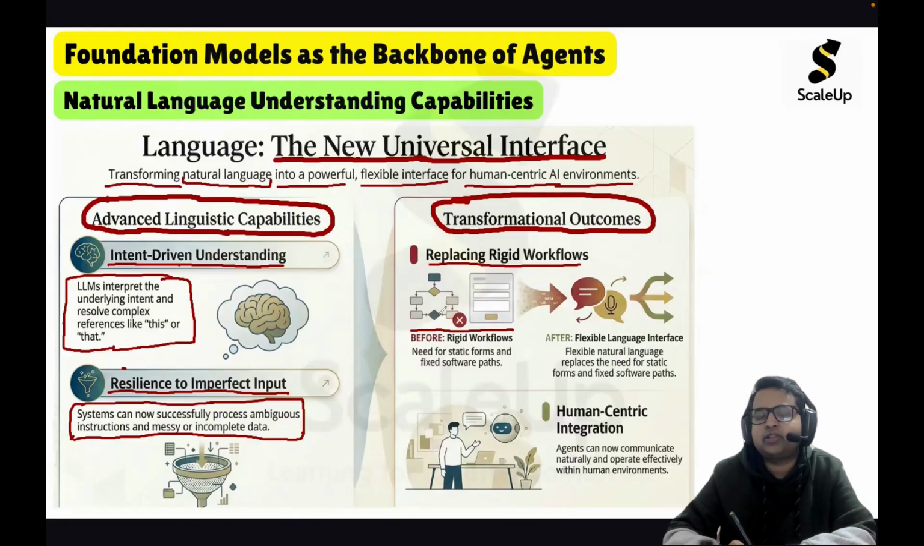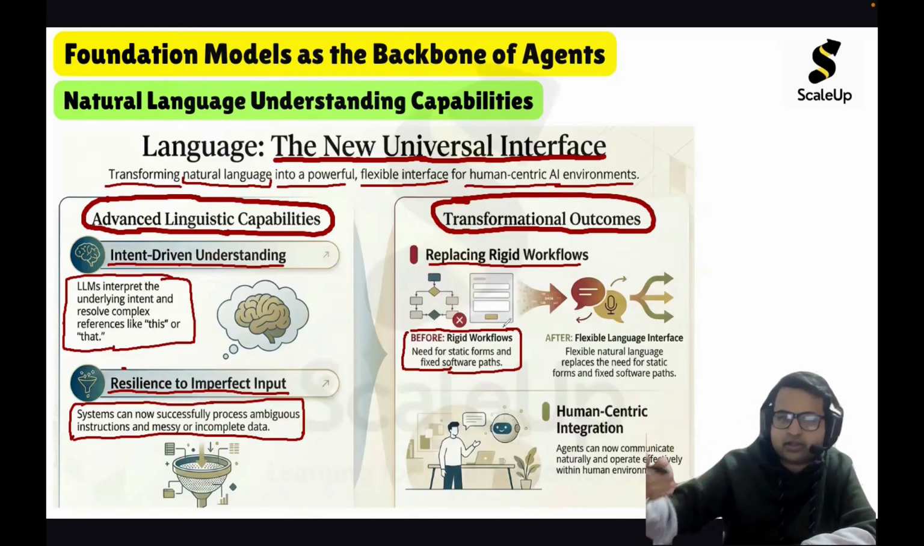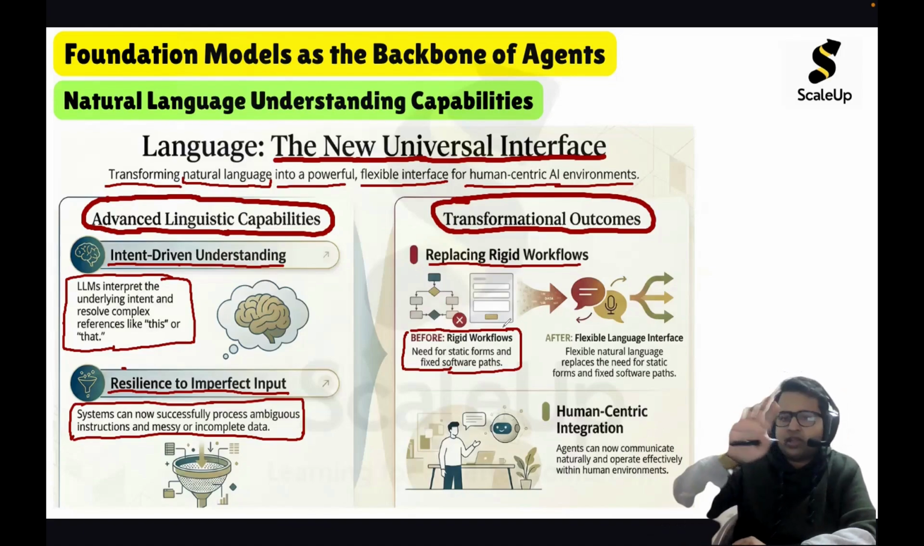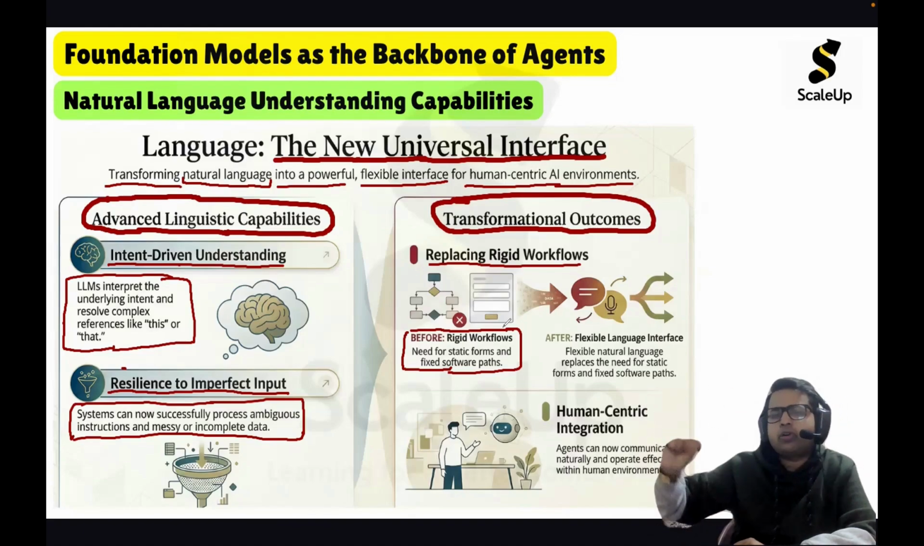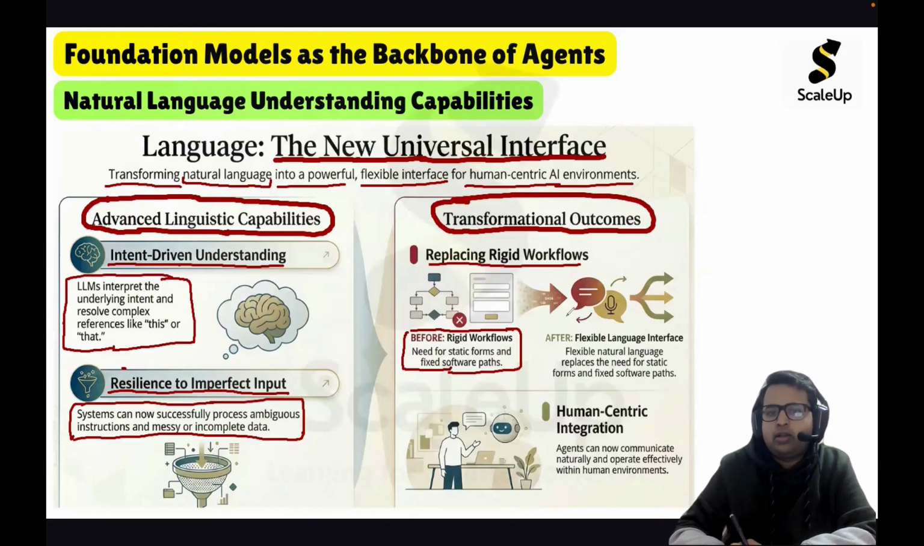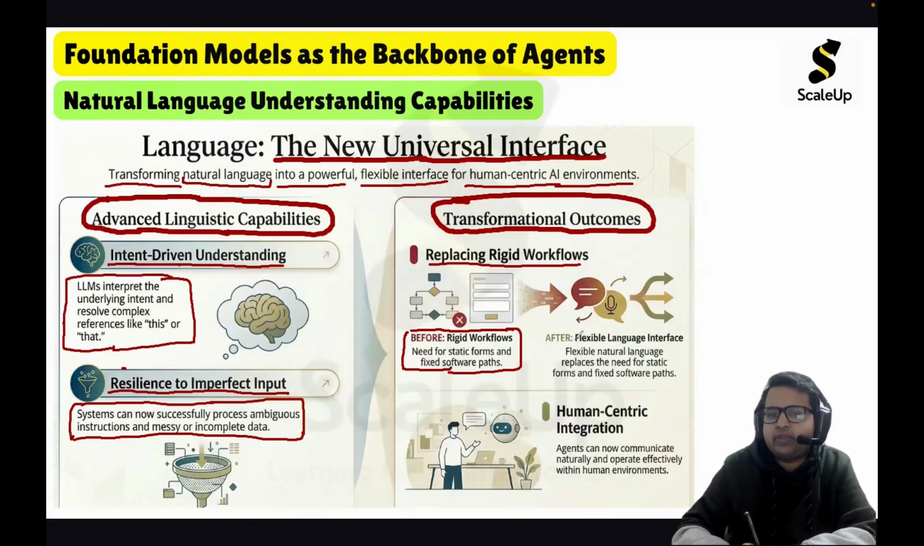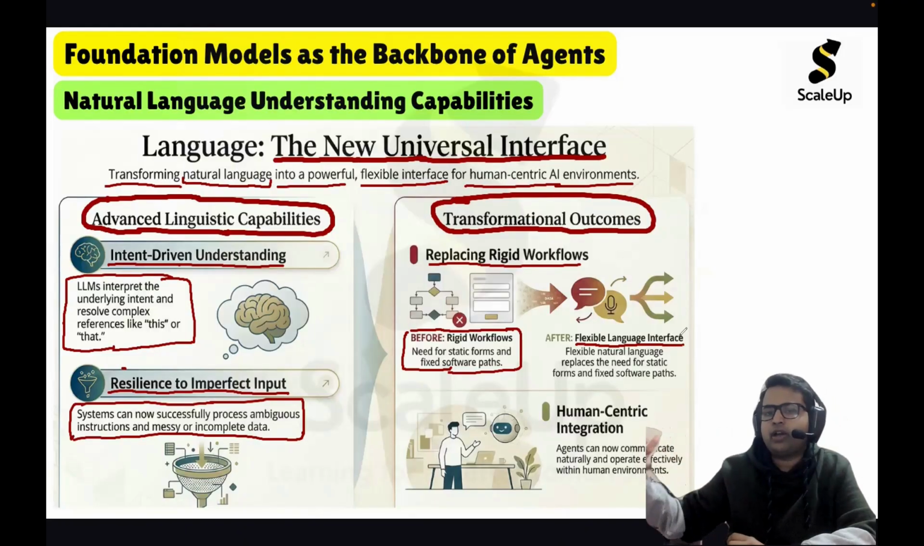Because earlier computing systems could only understand programming languages, it was a very rigid workflow. If an end user was interacting with the computing system, they were interacting either with the click of a button, some kind of graphical user interface, or by filling some static form. But with natural language, it has now become more expressive, more creative, wherein the interface has become very flexible. So it's a very big revolution we are talking about, wherein